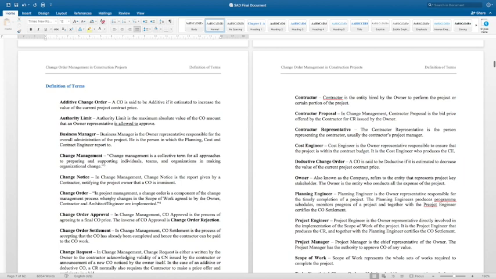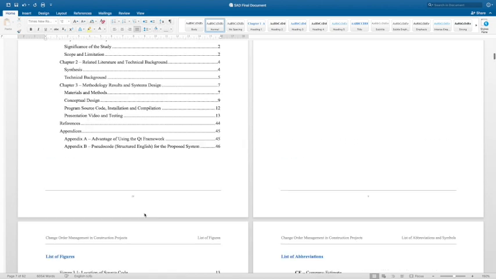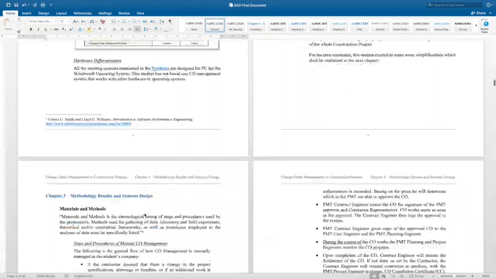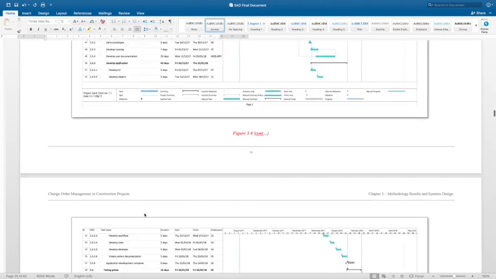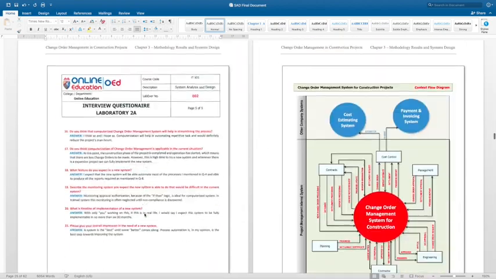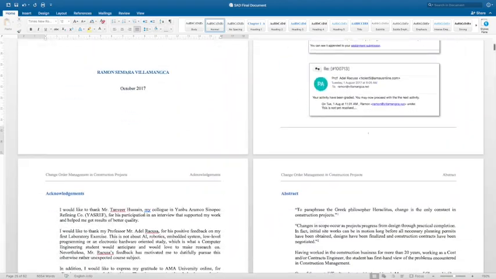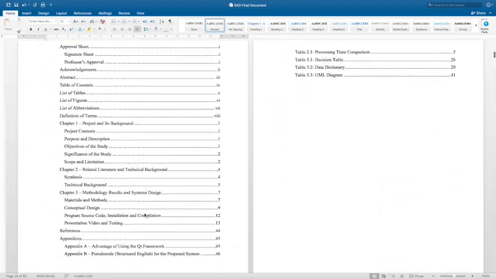Here in project management, a change order is a component of the change management process whereby changes in the scope of work agreed by the owner, contractor, architect, engineer are implemented. So this is the report that I made, the final sort of an essay or explanation of what my project is. So this Word document,